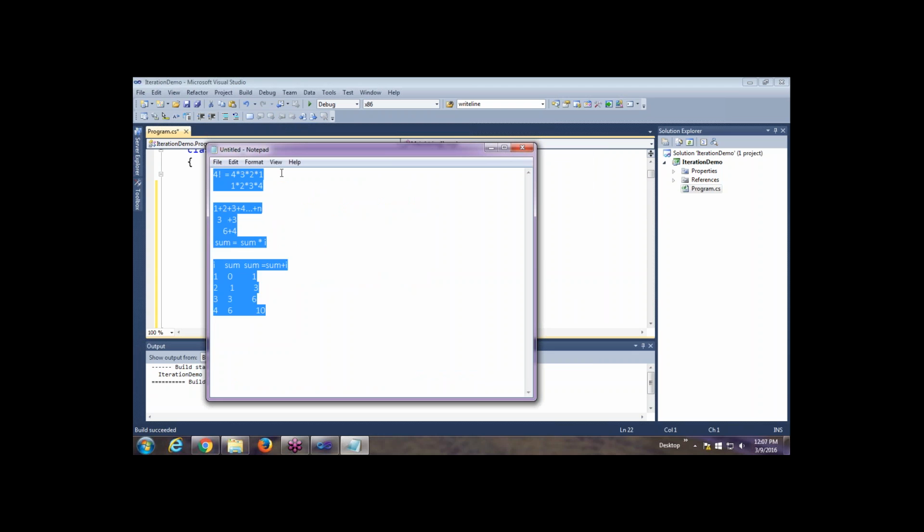So we have seen how to calculate the factorial and the sum of series. Now suppose I want to calculate the power. So here we are writing 4 to the power 3. So 4 to the power 3 is basically 4 into 4 into 4. How many times? This is 3 times. So our loop should run how many times? 3 times. So the for loop is going to depend on the exponent that we are specifying.